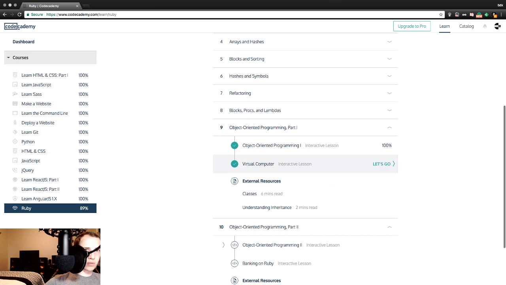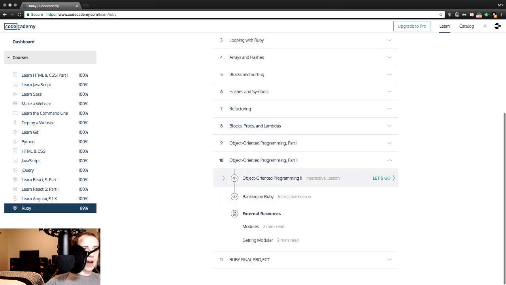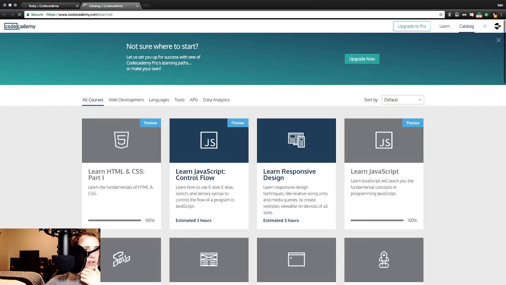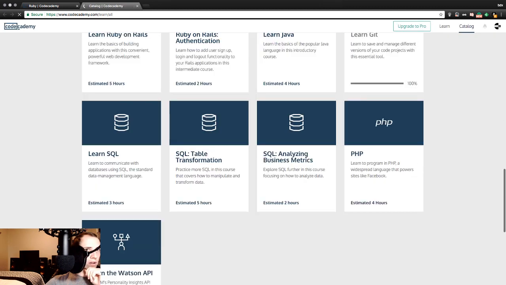We built our virtual computer. I'm going to try to push to knock out both the lesson and the activity so we can just get through the Ruby nightmare once and for all. Now, true, we are not completely finished with Ruby, but the 9 hours of fun that was the first course will have been